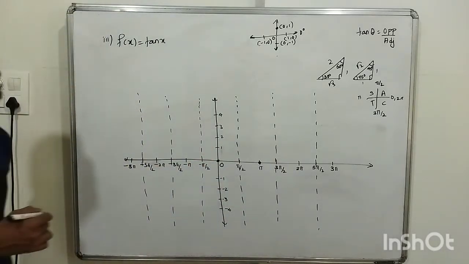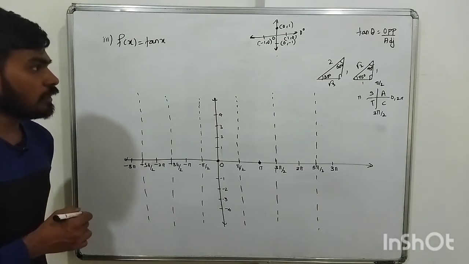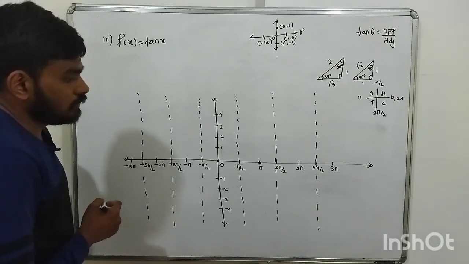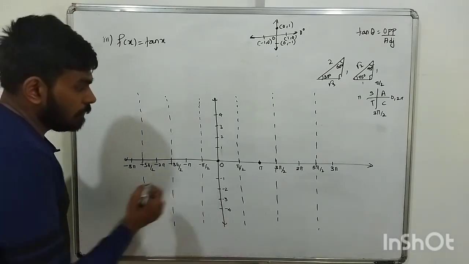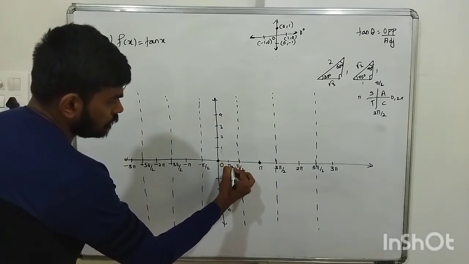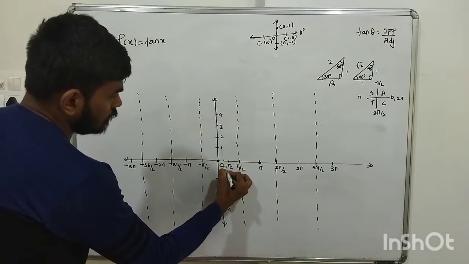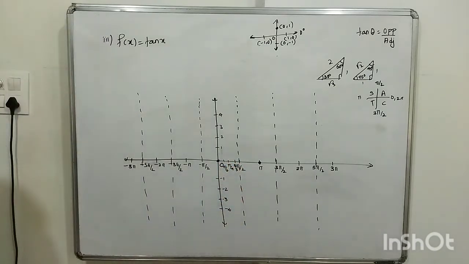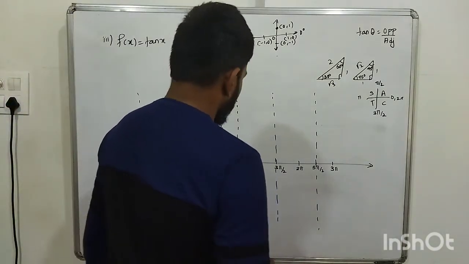Okay, now next, we'll see in the middle what happens, okay? In between those. So tan pi by 4 is what? Tan pi by 4 we'll see, from that we'll get an idea. Similarly, tan pi by 6 is here, and tan pi by 3 is somewhere here. So those we'll check, so we'll get the idea. So tan pi by 6 is what? Tan of pi by 6, tan of